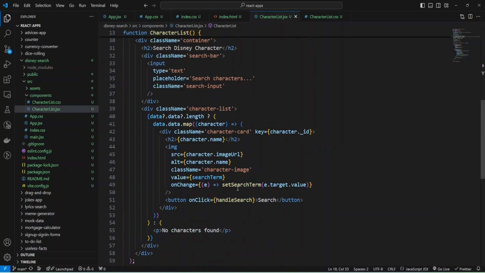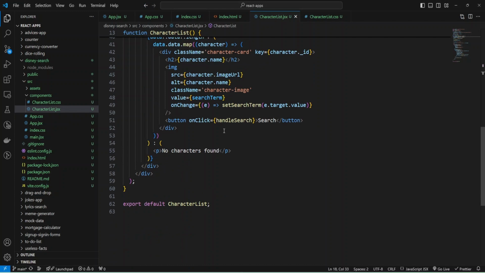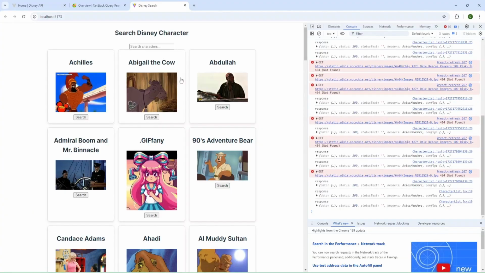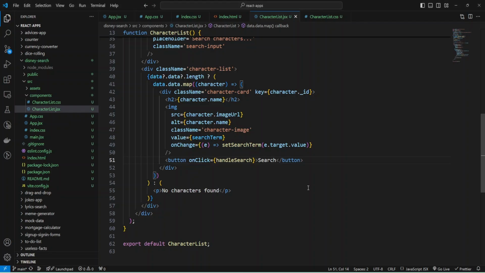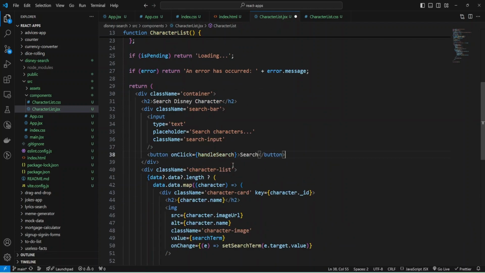Okay, and let's check what I have so far. Okay, I need to provide some button. I'll click search. Oh, I added button inside my card, and I need to change it and add it inside search bar.